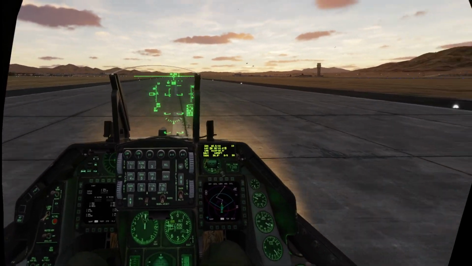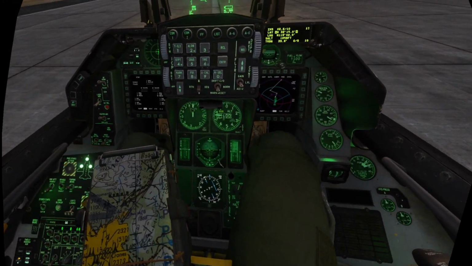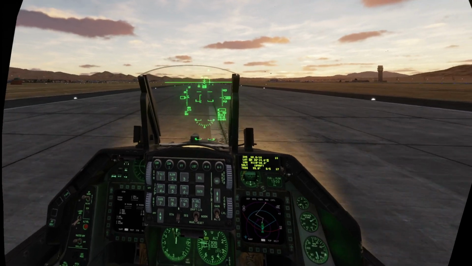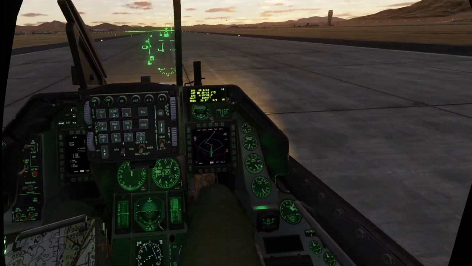Just landed. No problems. Copy. Nice work. Taxi clear, safe, shutdown when ready.